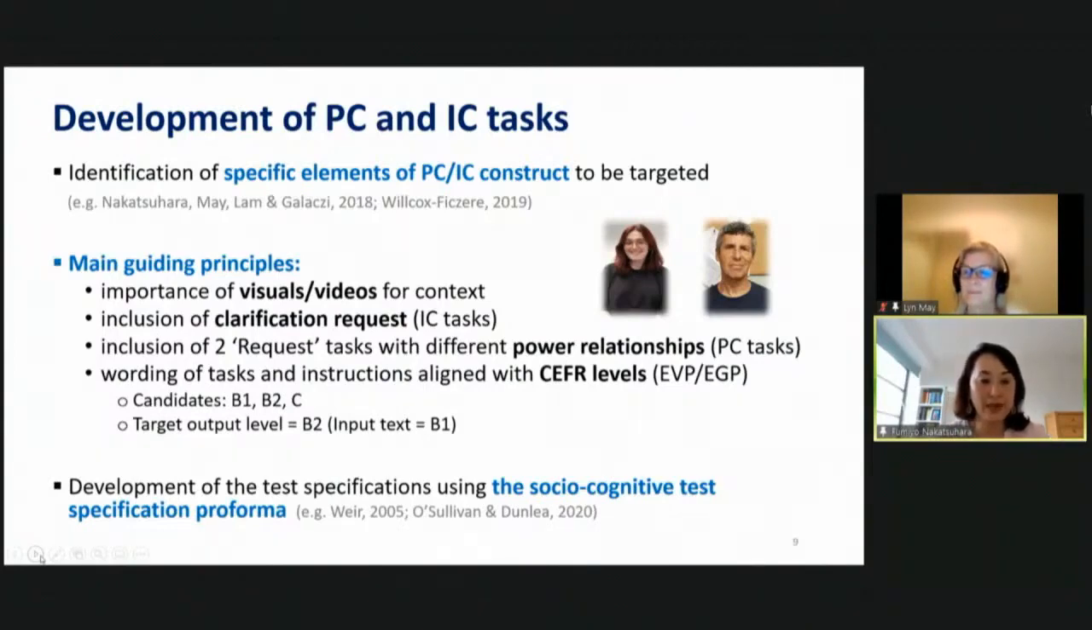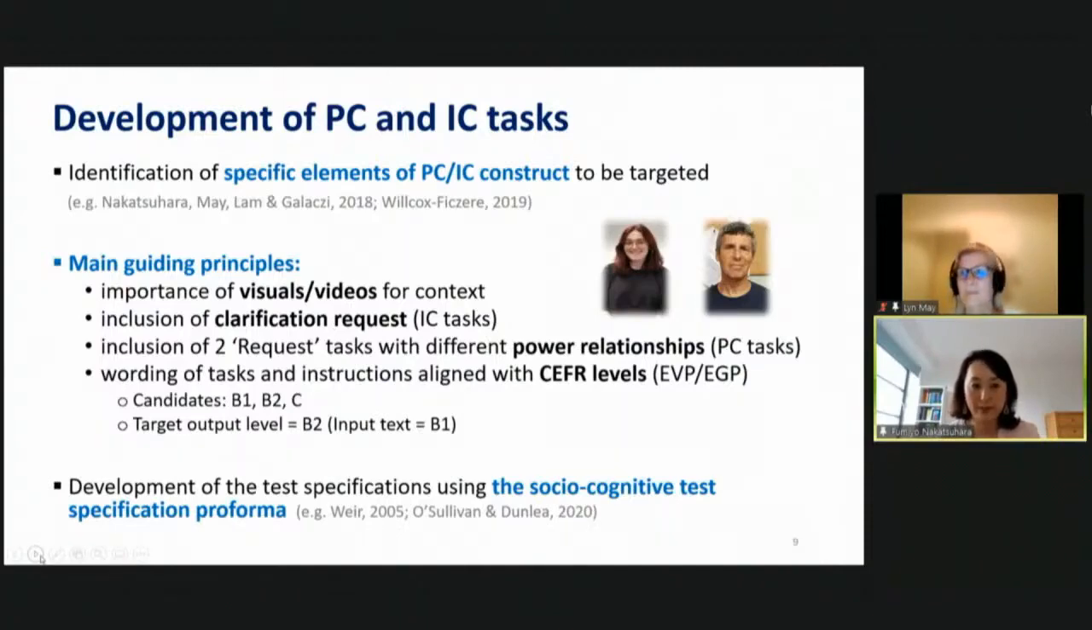For the PC tasks, we carefully planned power relationships between speaker and hearer in the 2 tasks, and we made sure that all language included in the task instructions and prompts were standardized and accessible to the test takers. For that purpose, we explicitly used English vocabulary profile and English grammar profile. For our target learners, which were actually B2, we made sure that all written prompts and audio prompts were at B1 or